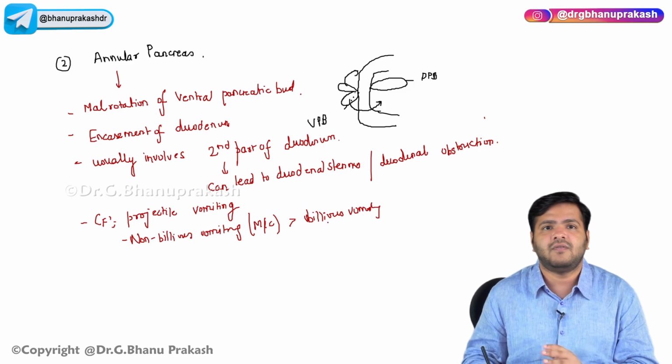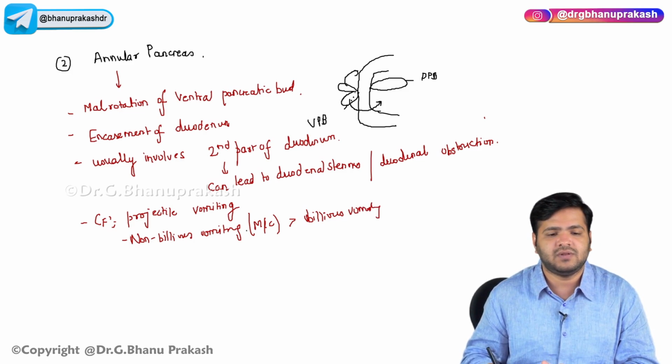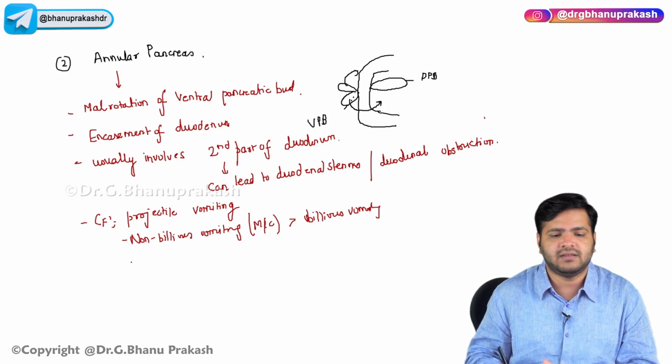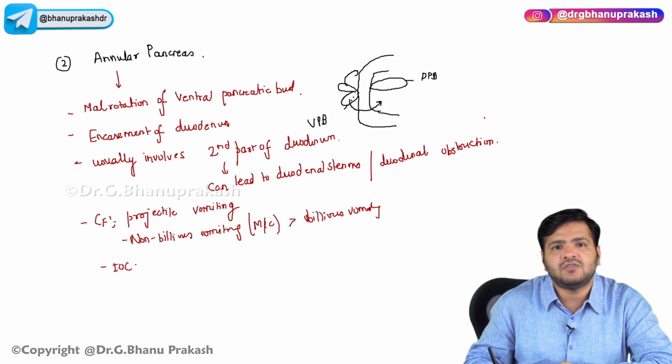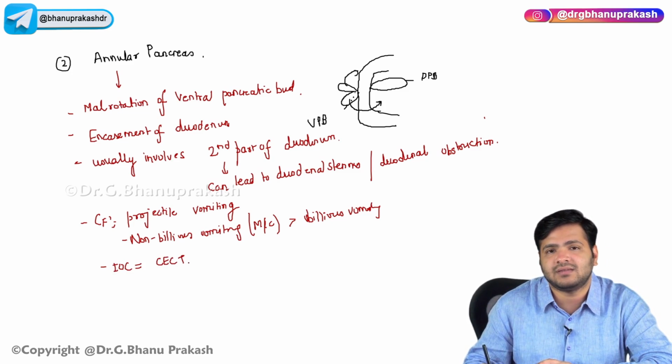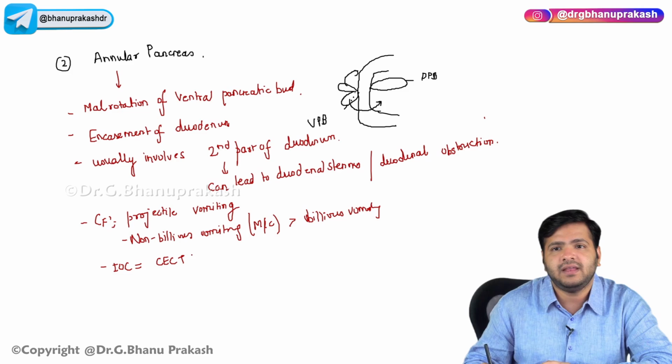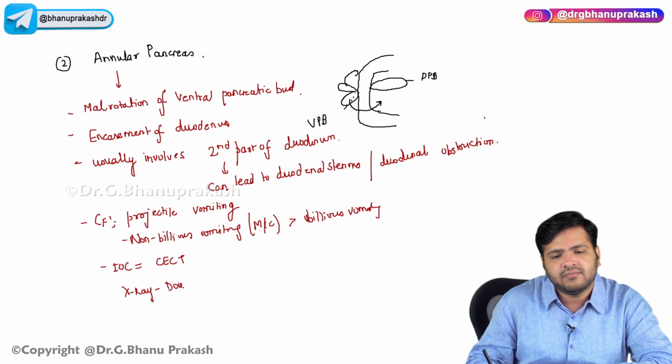Apart from that, on the X-ray, you will get a double bubble sign over here, right? And so the investigation of choice over here will be CECT, that is the contrast enhanced computed tomography, right? Okay, on the X-ray, you will get a double bubble sign,